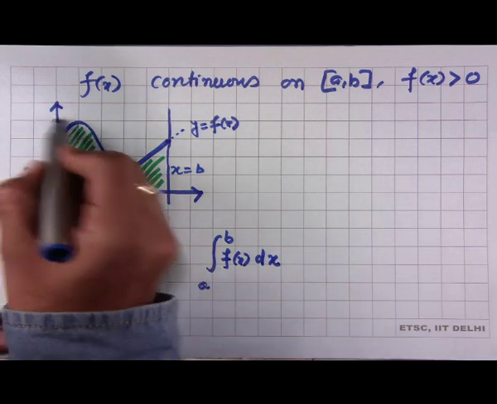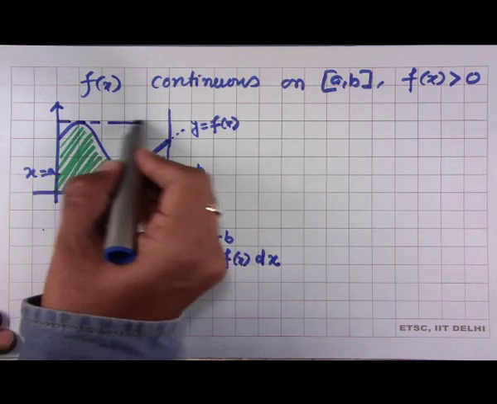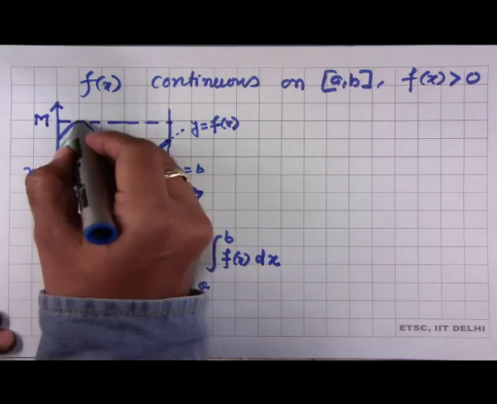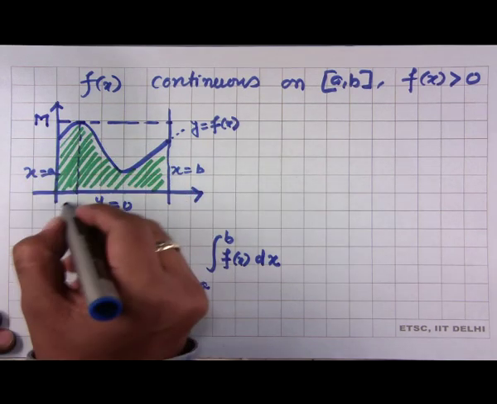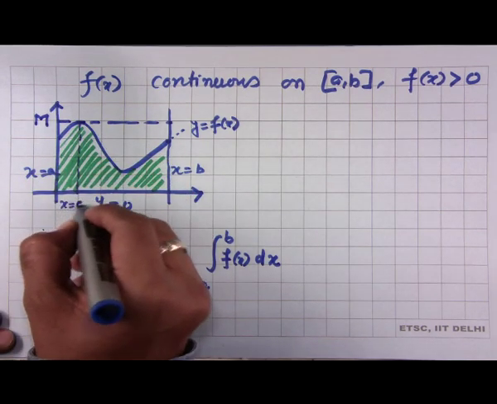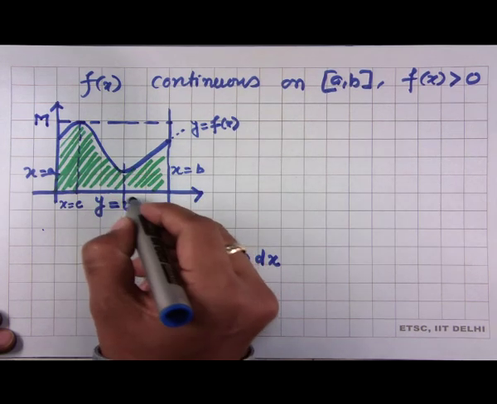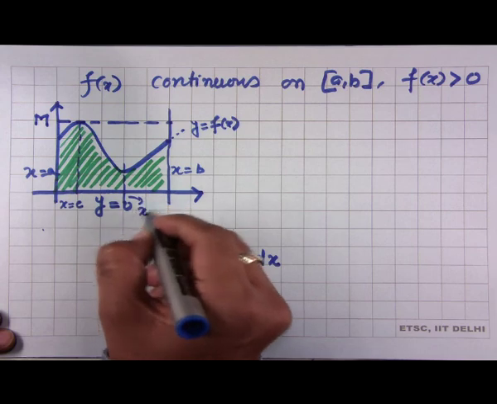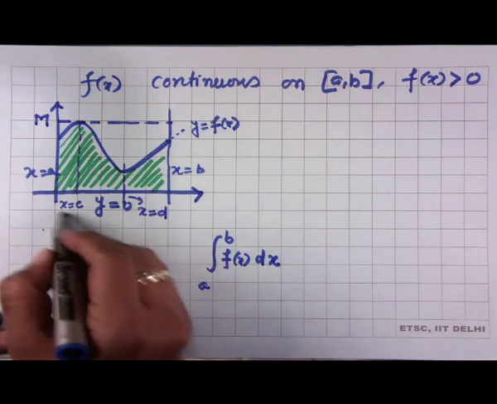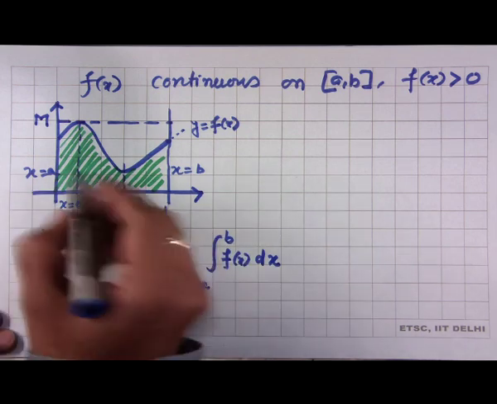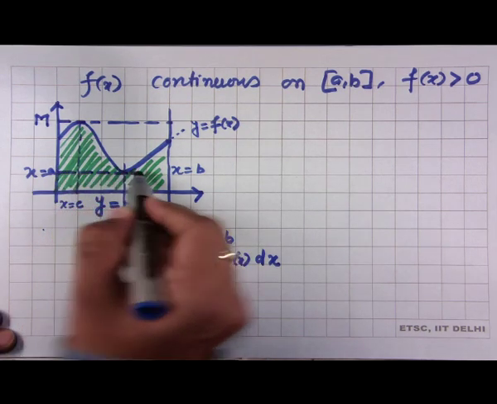So you can see from this plot that this is the maximum value of the function, attained at some point x equals c, and this is the minimum value of the function, attained at some point x equals d. Though we do not need these points, I have still written them,